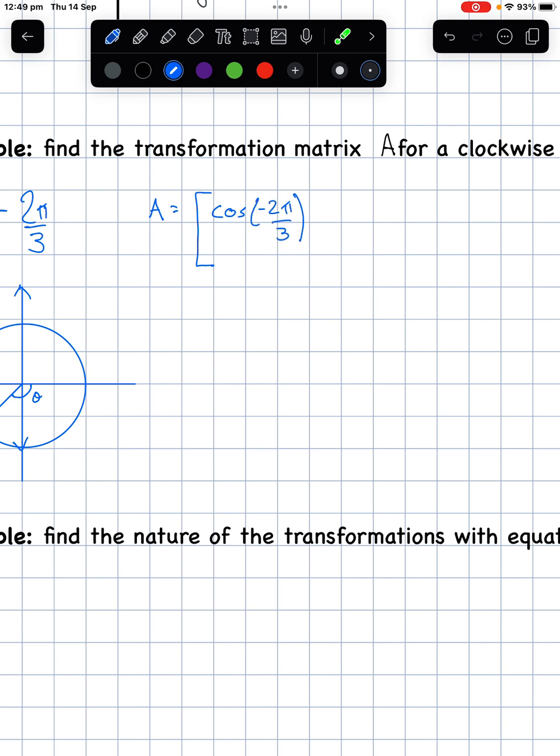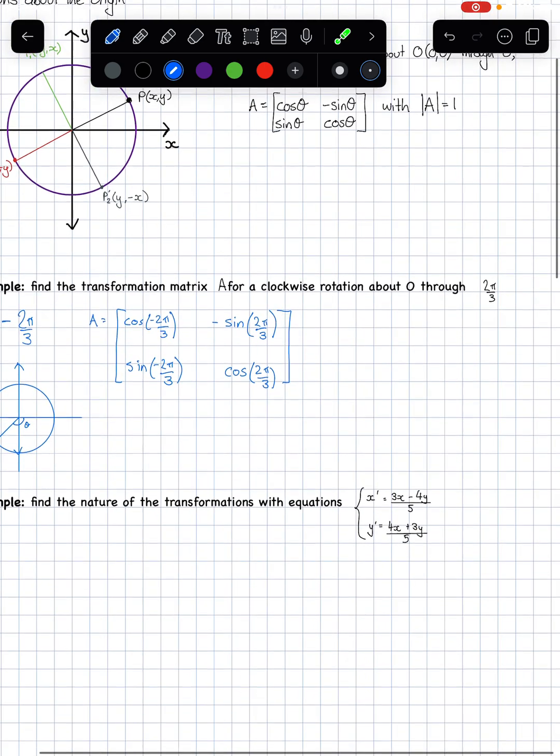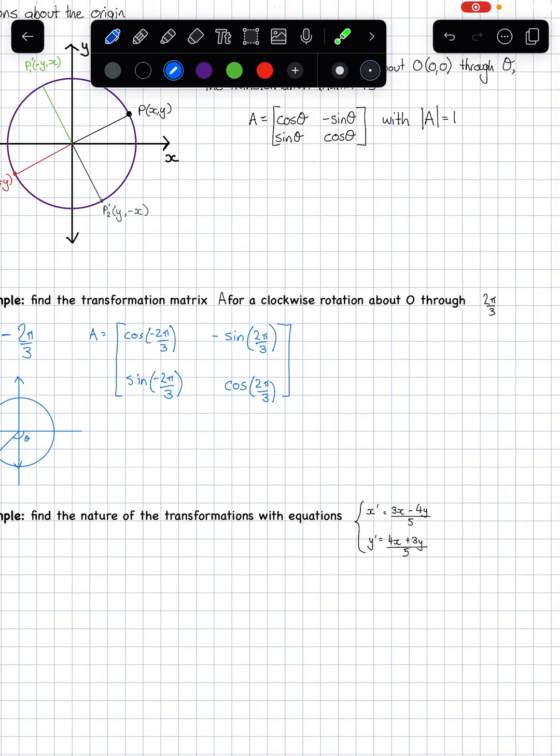I should make that bigger. Sine -2 pi on 3. And then we're going to have negative sine 2 pi on 3. And then we're going to have cosine 2 pi on 3. Now, in this particular example, you're looking at here, well, cosine 2 pi on 3,